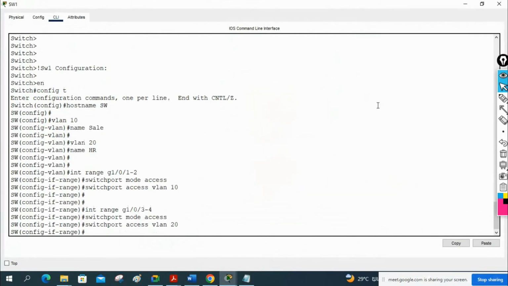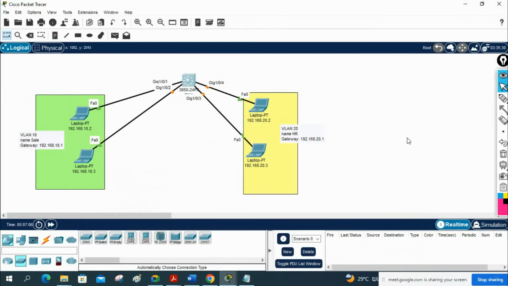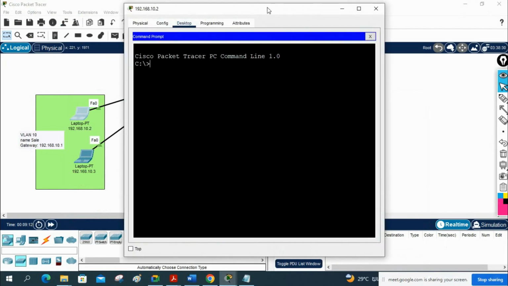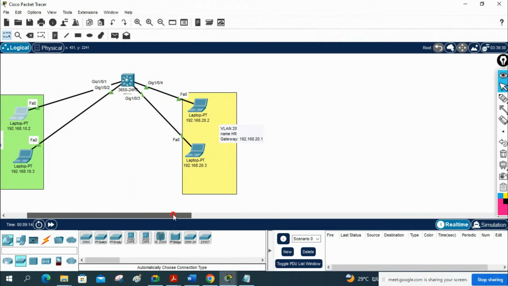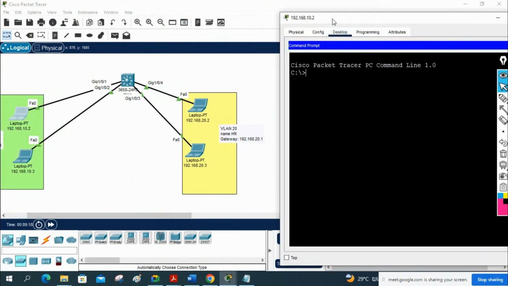If you see, everything is good, no error, nothing, everything is working perfectly. Okay, it will take some time. If you don't want to wait, do the fast forward. After that you can try to ping and check. Okay, let me move this here and we can check now. I will take the PC, that is I am taking